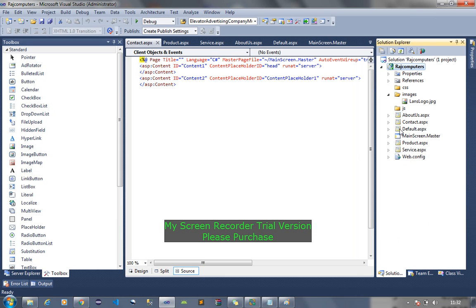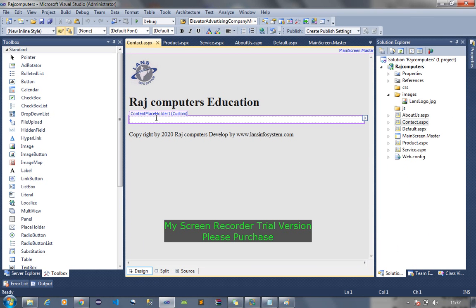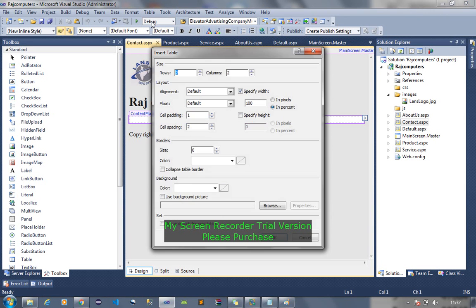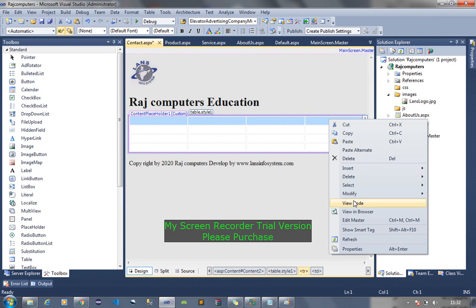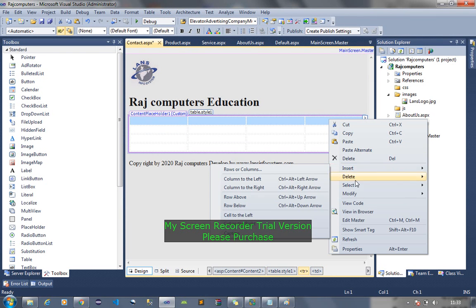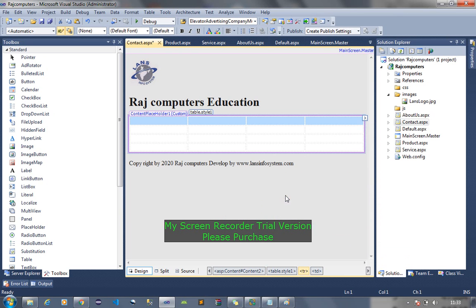Fine. So if I go to contact page and if I add my contact details there in design view, I can do it. For this I'll be using what? Table. So I go here, I say insert table. I'll be choosing 4 rows and 4 columns. Okay, that is done. Fine. Then I'll be using second row. I'll right click it, and I'll be merging this, modify merge.